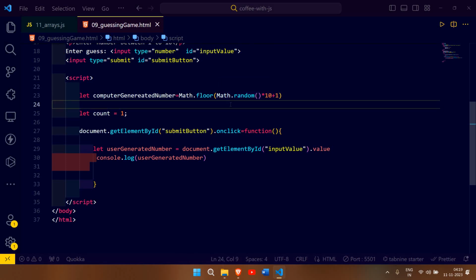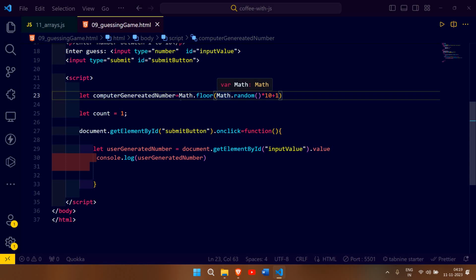The math.random generates a number between 0 to 1. So we don't want that, we want a number between 1 to 10. That's why we are multiplying it with 10, and to avoid the value getting as 0, we are adding 1. So it will always be more than or equal to 0, and less than or equal to 10, in this range. And we don't need any point value, so we are just